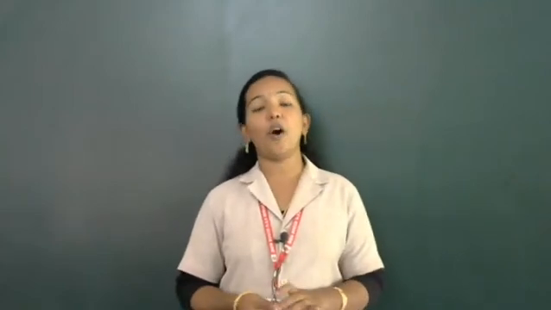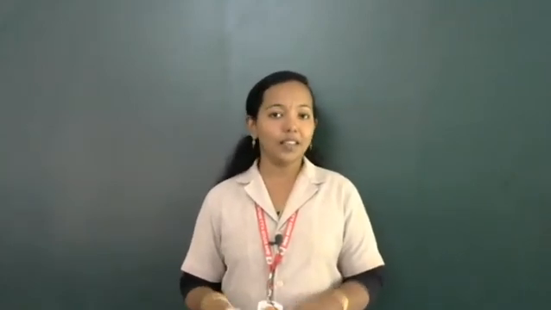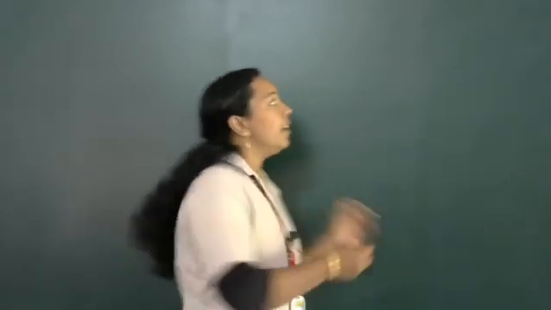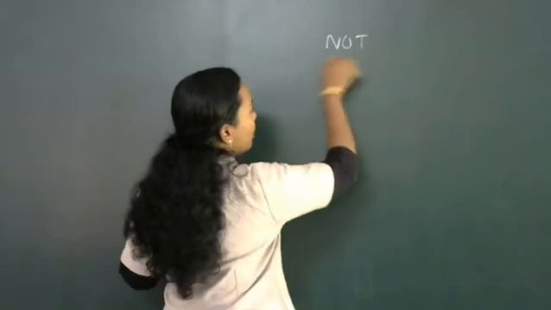Then one more basic operator is left, that is the NOT gate. So in this video we are going to discuss the last basic operator of Boolean algebra. What is it? NOT gate. We will first discuss the NOT gate, its truth table and how it executes the operation. After that, the basic postulates of Boolean algebra. There are some special rules available for Boolean algebra that we will discuss, and after that, the principle of duality. So these are the three topics for our video. Can we start? Our first topic is NOT.